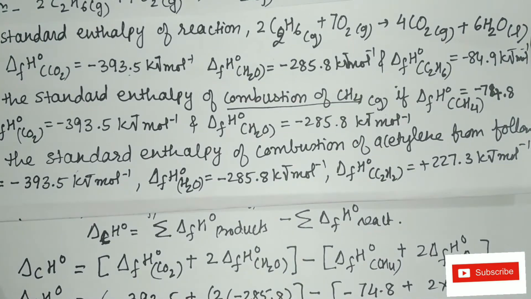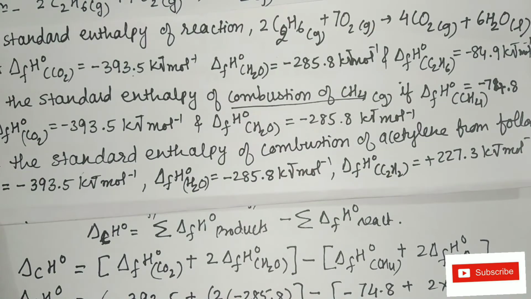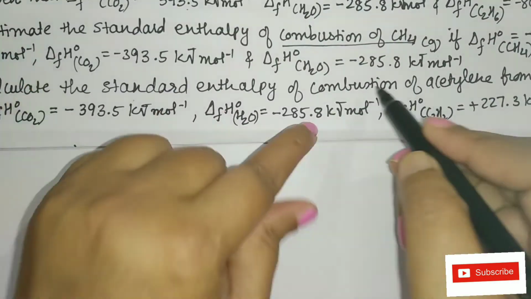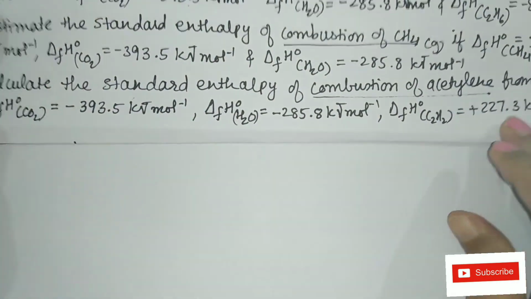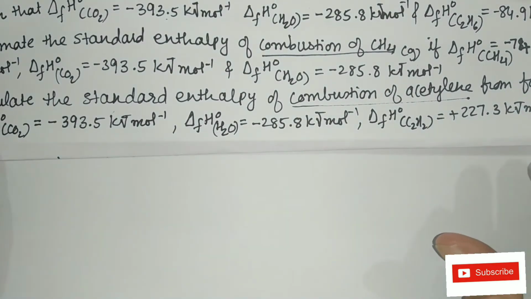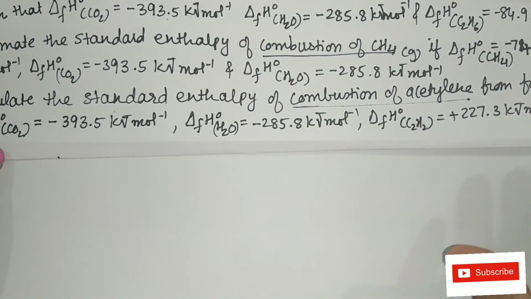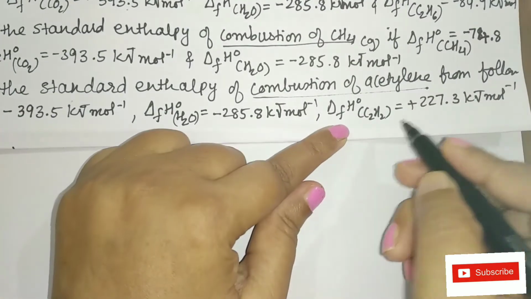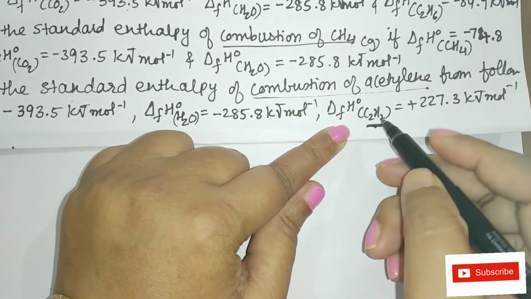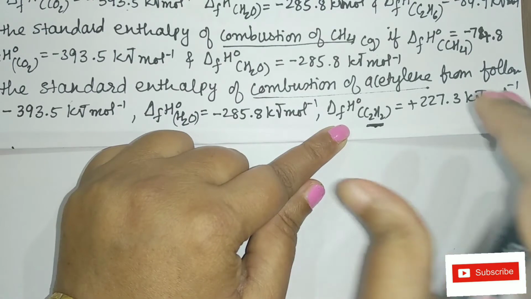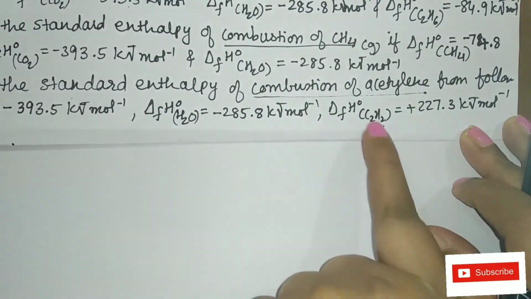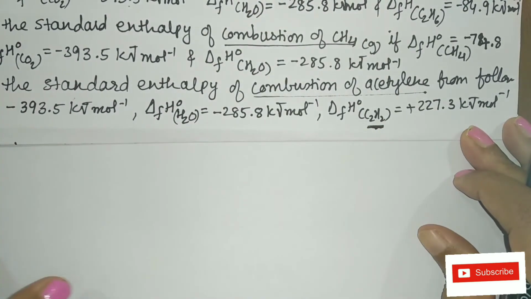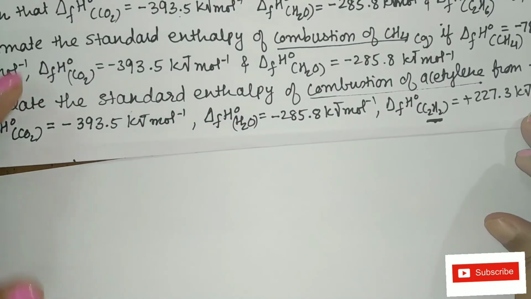Let us move on to the next problem. You can do this problem simultaneously with me now for practice. Now here they are asking you to calculate the standard enthalpy of combustion of acetylene. Now student, most of the time we make mistakes in acetylene, ethylene, ethene, ethyne. So it is always better to take help of the given data. The terms which they will ask in the question will be given in the given data. So what is acetylene is C2H2. Most of the time students make mistakes with this, so this is a clue that please go through the given data for proper reaction.